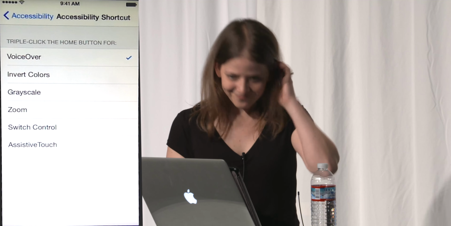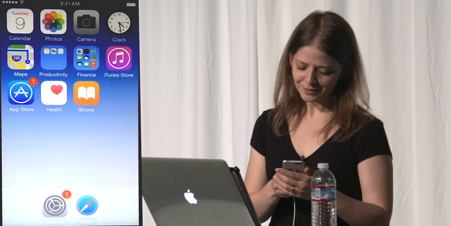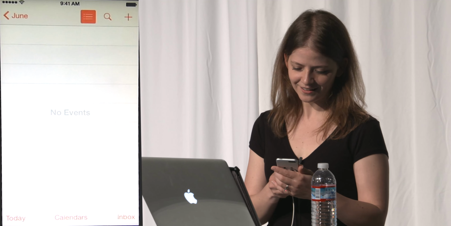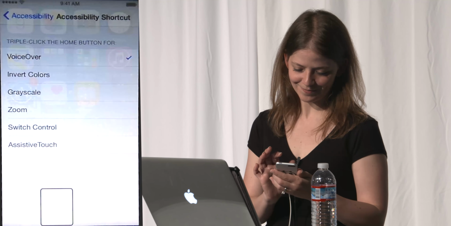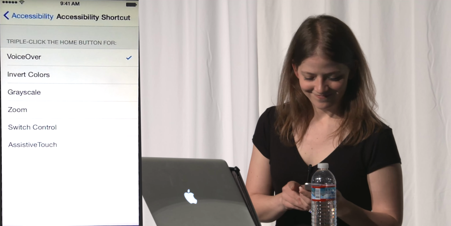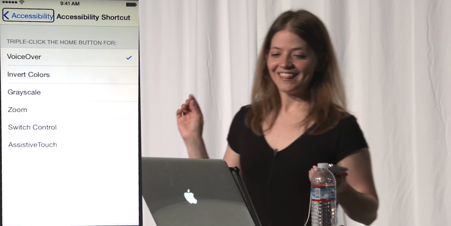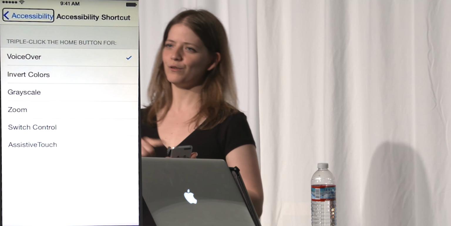All right. So I'm going to turn this back on myself. Triple tapping is surprisingly hard when your hands are shaking a little. That's my calendar. Settings. Accessibility shortcut. Accessibility. Back button. Okay, the other caveat that I want to give to you is that if you do something on your phone with VoiceOver on,